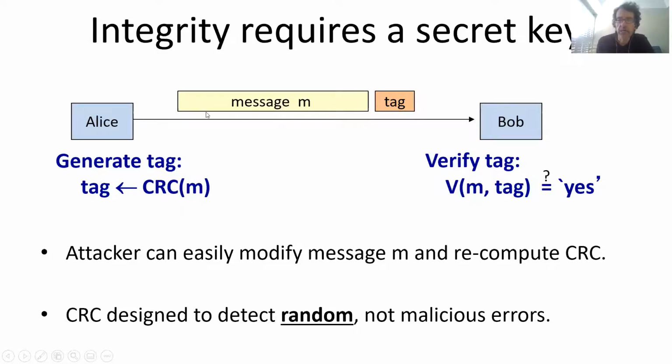CRCs are protecting against random errors. Their security goal is that if there was a random error in communication and some bits were injected or flipped, then the CRC will be correct with negligible probability, or very small probability. So these random errors will be detected, and even better, corrected, right? But that's a second layer. But it doesn't protect against malicious errors, and that's what we are concerned with here.